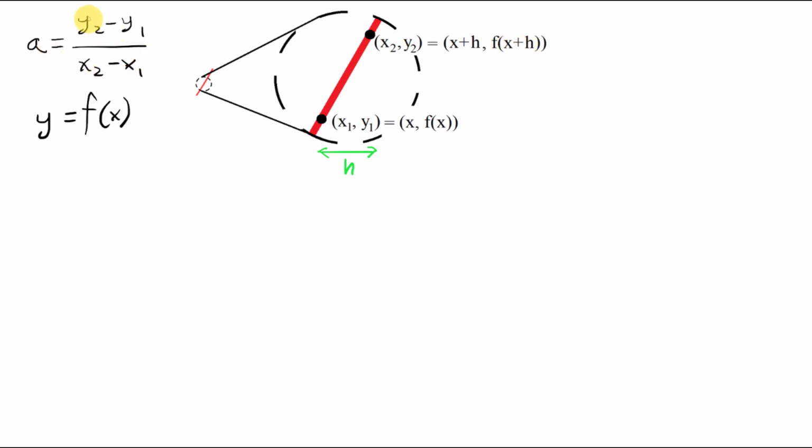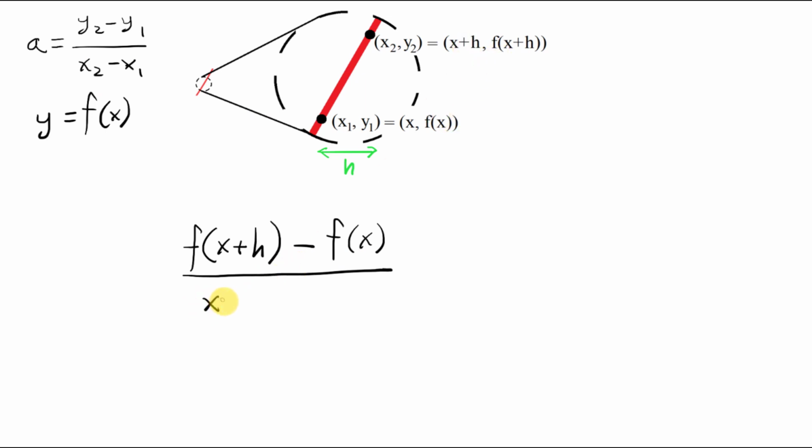Then we can calculate the local slope. So we take y2, which is this one. And then we subtract y1, which is this one. And x2 is equal to this, minus x1, which is equal to x. So this is the local slope, which can be simplified to